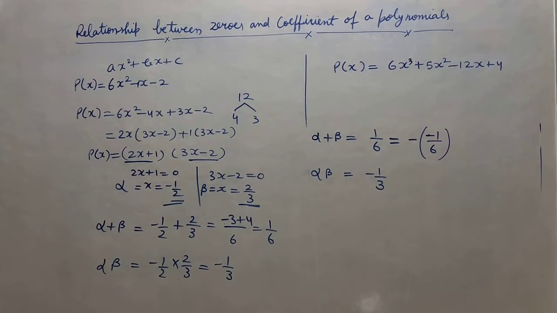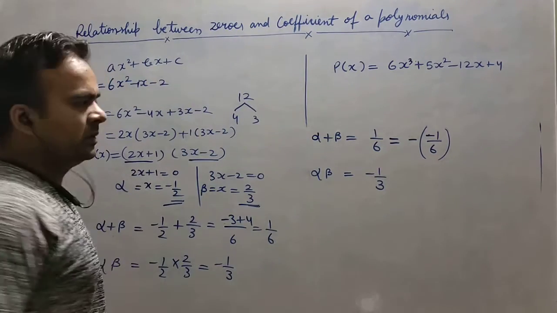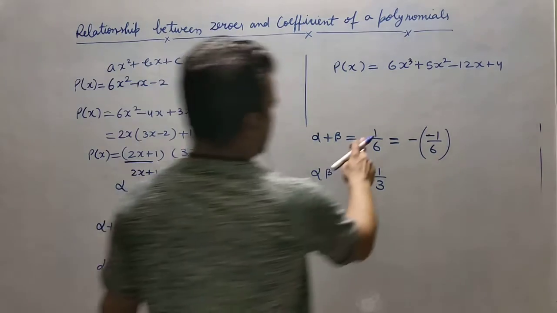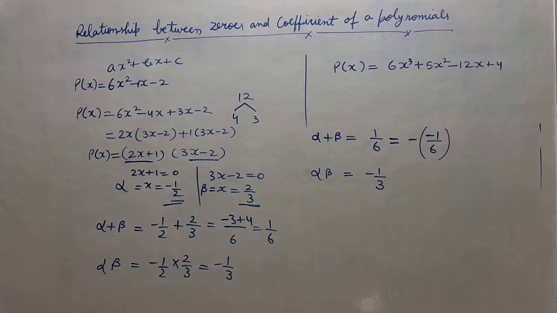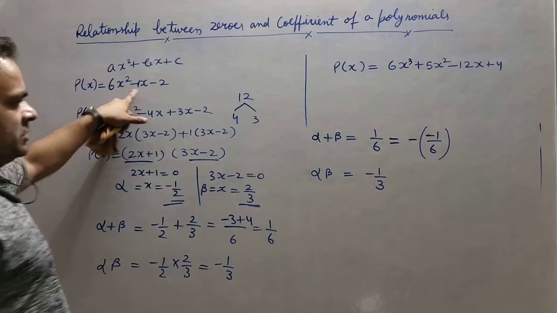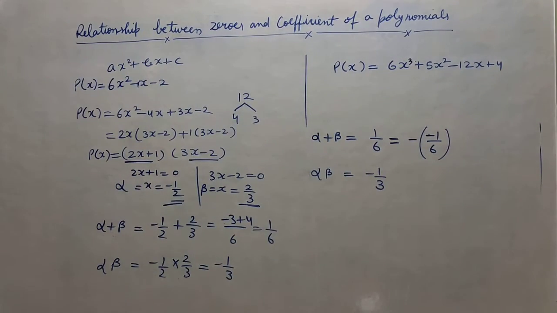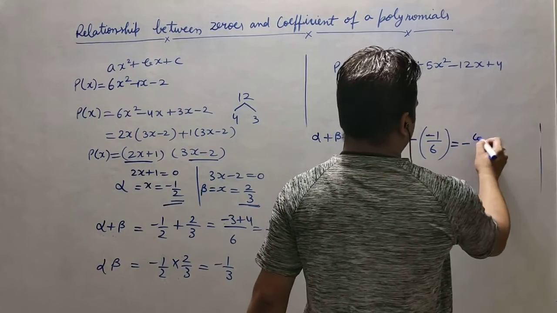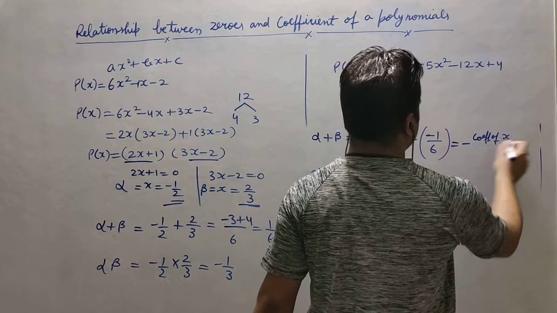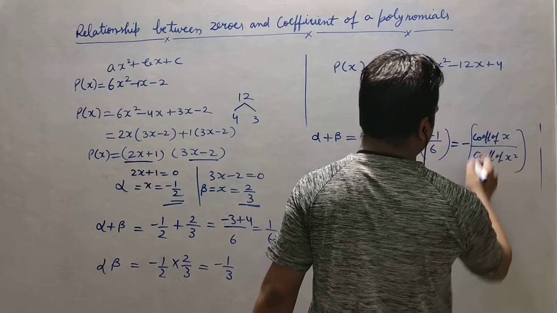Can we write it like this? The minus and the 1 we have put from our side, it is already plus right now, but we have converted each numerator and denominator according to the coefficients. Because here this coefficient is minus, we have to take it as minus, so again we put a minus here to balance it so that the effect is 0. So you can see here, minus coefficient of x upon coefficient of x square, right?